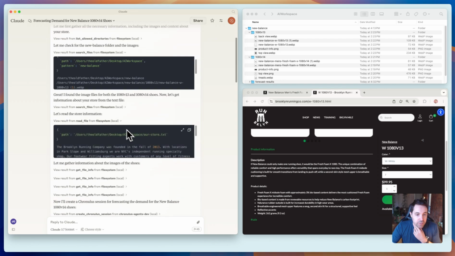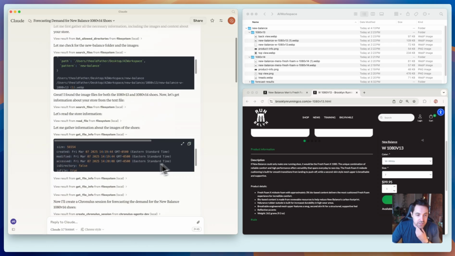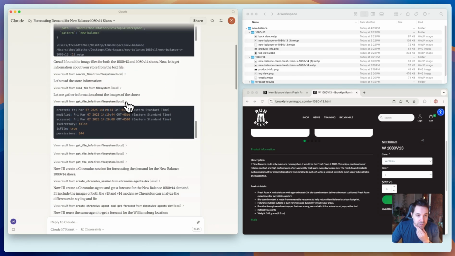Read my store information, our store TXT here, found that information. It used this tool called get file info to basically inspect the files and understand the sizes and whether or not the file is actually a file or a directory, if it has permissions to access the file, those sorts of things. And then after it inspected the image files,